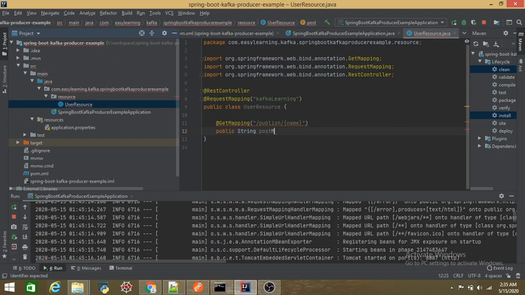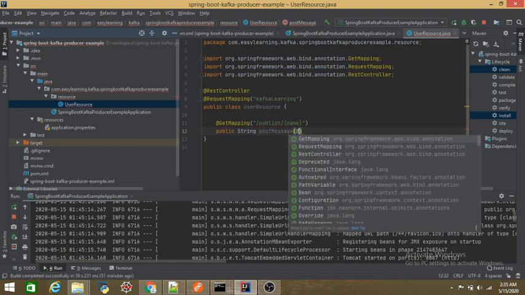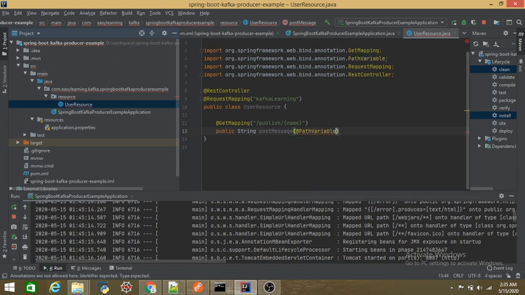So the post message accepts a name variable, and let's make this name a final string name. Return this: published successfully. That way we'll know whether it has published successfully or not.